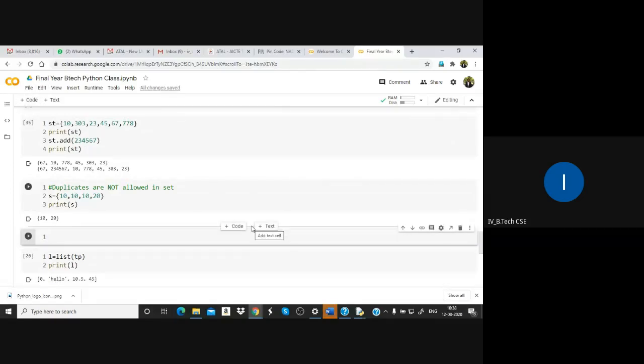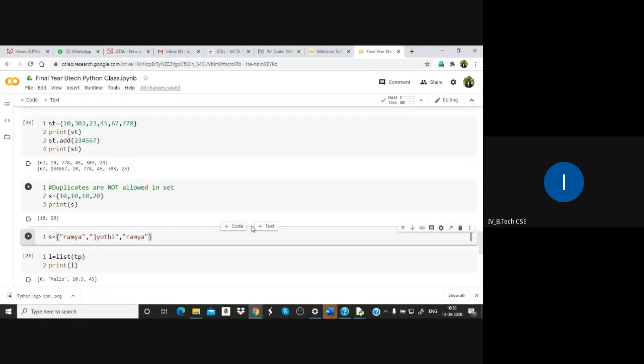Set S is equal to Ramya, comma Jyoti. I kept Jyoti, and again I kept Ramya.